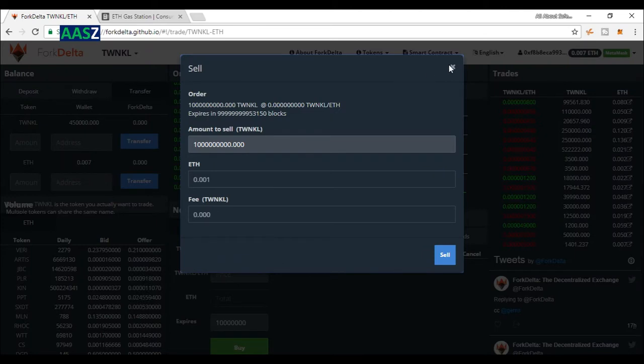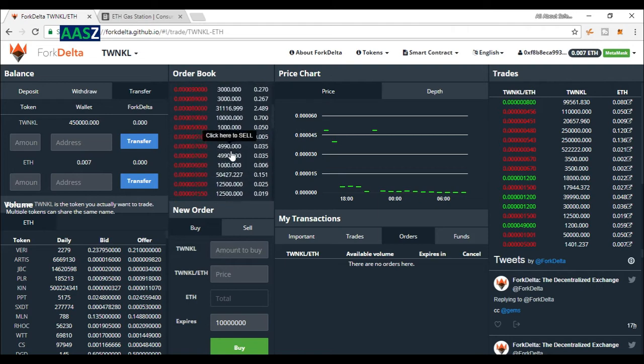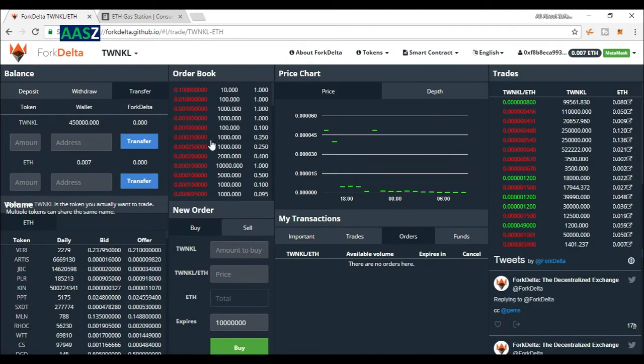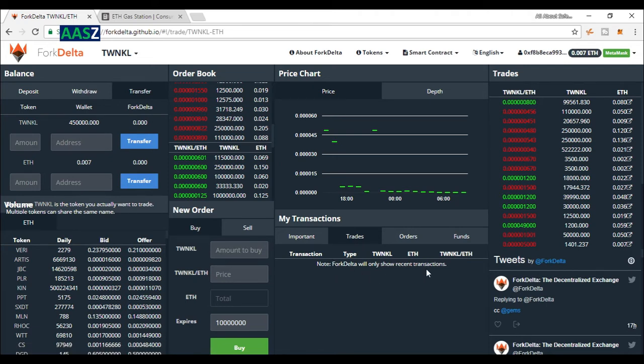There are some very low price orders placed. They will probably never be sold, and the buyer has to spend money to cancel the order. Similarly, do not place your sell orders too high so that there are no interested buyers. And you probably also have to cancel your order. Think twice, order once. Whatever we purchase from the order book, it goes to the Trades tab of My Transactions. It comes with a transaction cost of Ether as well as tokens.